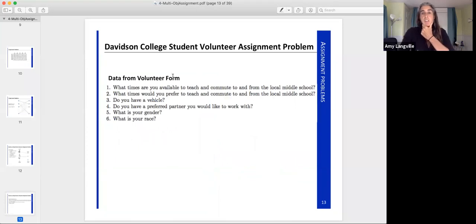So this was the form that the Davidson officer got. She said this was a nightmare for her, just ruined weeks of her life, and she would try to do it by hand with these paper forms. She would sit in her house and lay out all these paper forms on the floor and try to visually do some sort of organization. Definitely not optimal. And so Tori was able to come in and give an optimal solution, make the code,